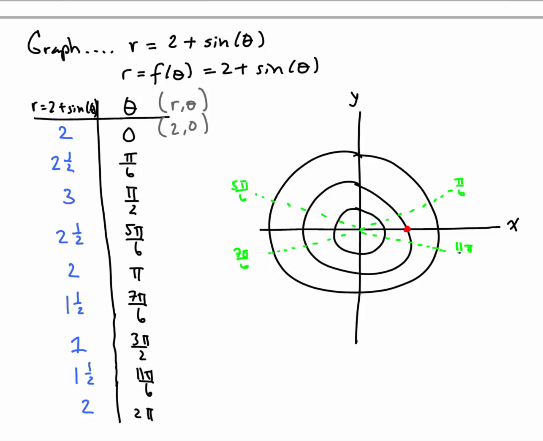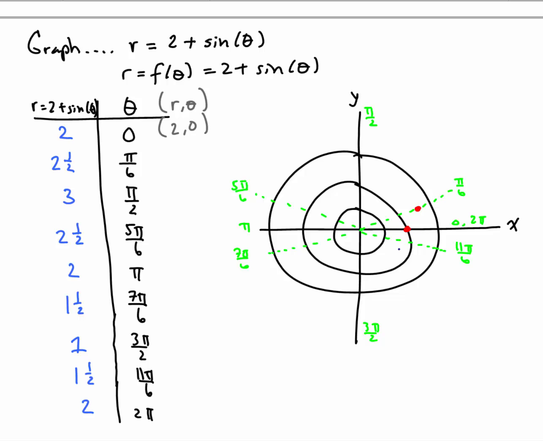And here's 11 pi over 6. And I'll put in my standard angles. This is 0 or 2 pi. Okay, so next point would be 2.5. So that would be 1, 2.5